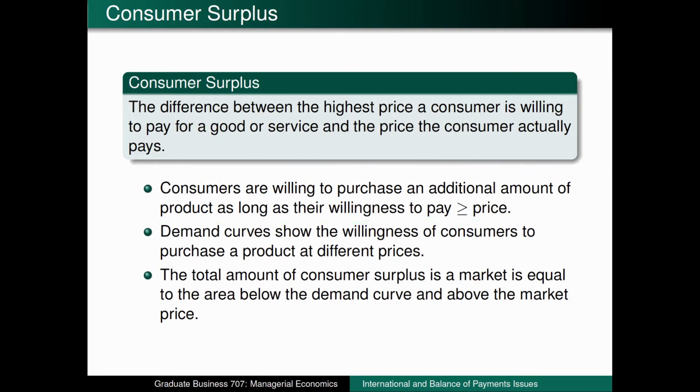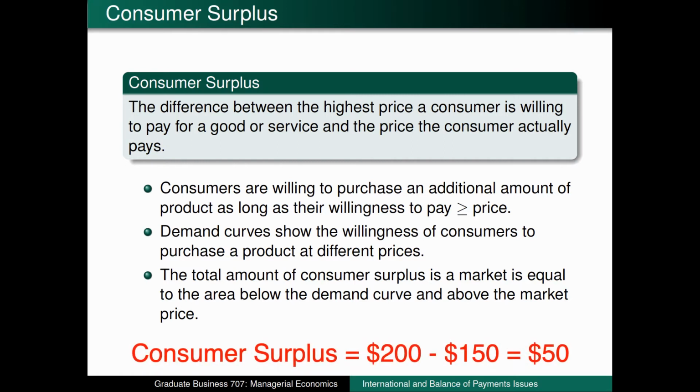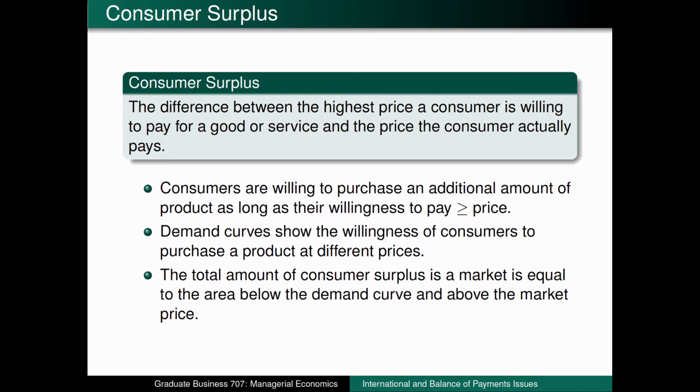Well, let's suppose the actual price is $150. Our consumer surplus is calculated as the difference between our willingness to pay and how much we actually paid. In my hypothetical example, our consumer surplus from buying a jacket is $50, since $200 minus $150 is $50. Now, we're not the only one who might be buying the jacket, so the consumer surplus in the market is the sum of each individual's consumer surplus.